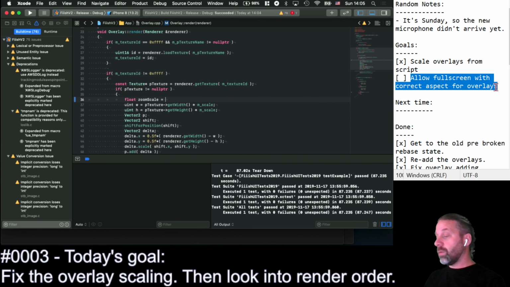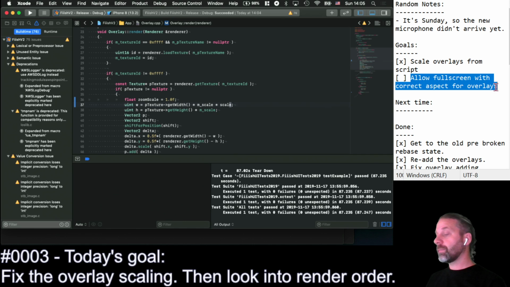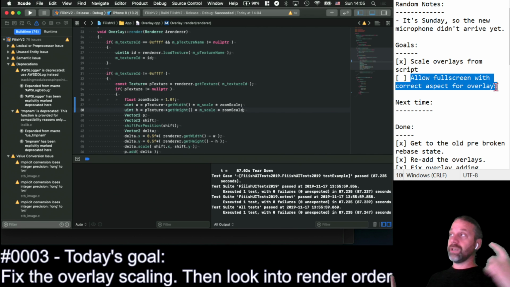So we have the zoom scale and just multiply this in. We have the zoom scale and multiply this in so we can have the system calculate the correct sizing,